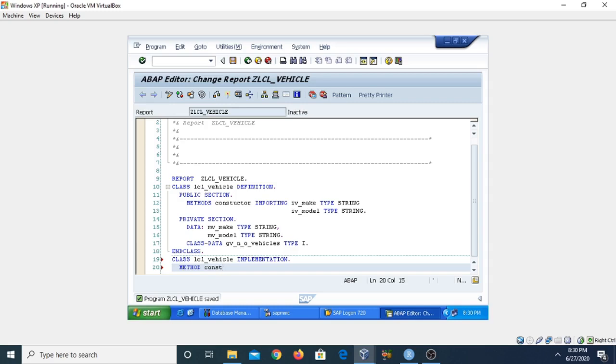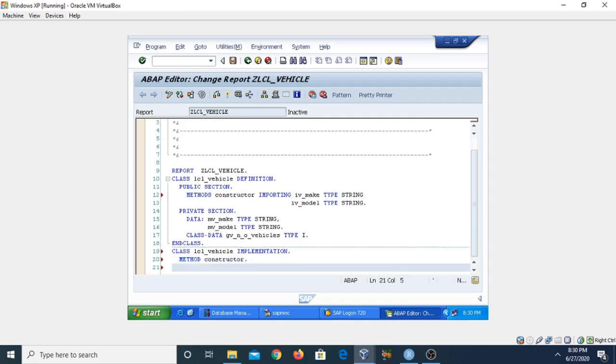We have not typed the right name here, so constructor. The method is always ended with the end method statement.